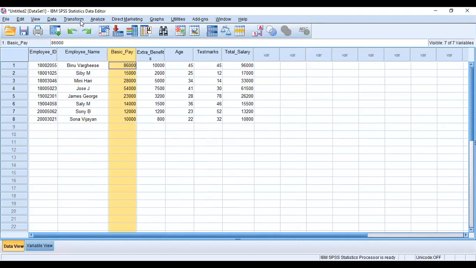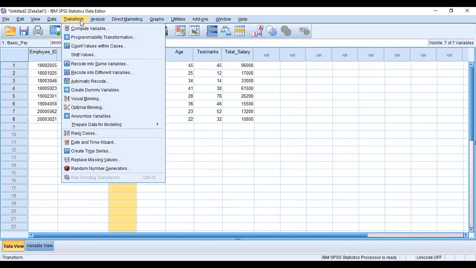Which menu? Go to the Transform menu. From that, we take Recode into Different Variables. Why this option? Here, the existing variable gives information about the basic pay, how much your basic pay is.